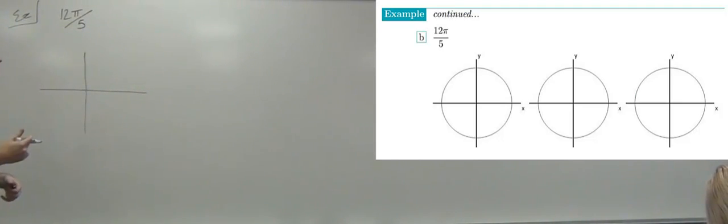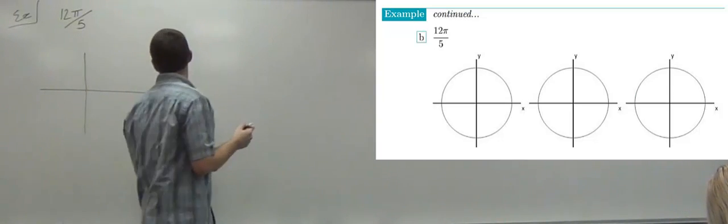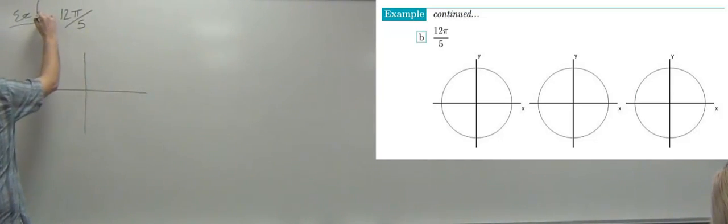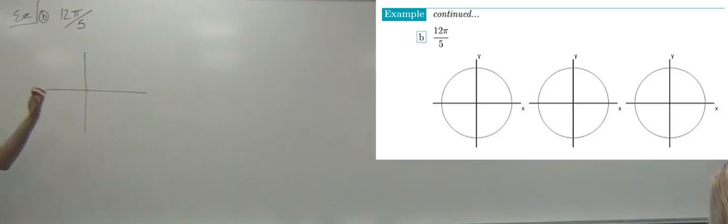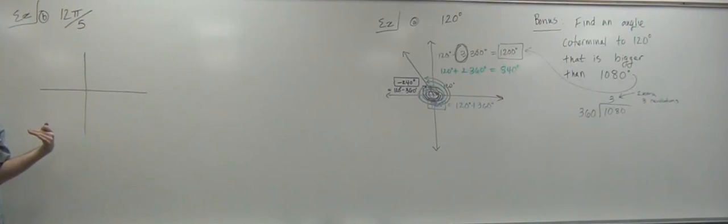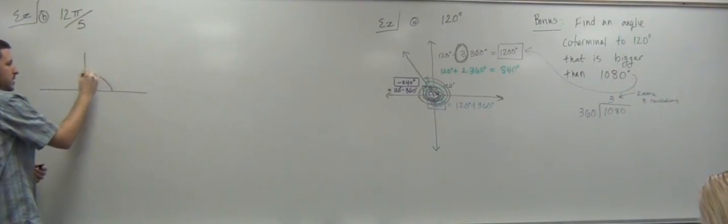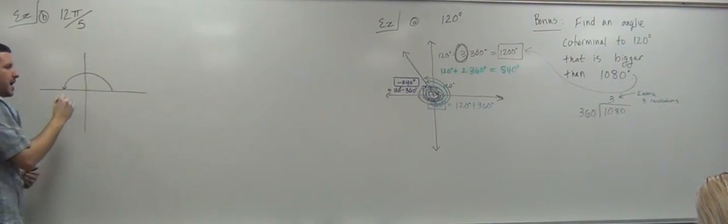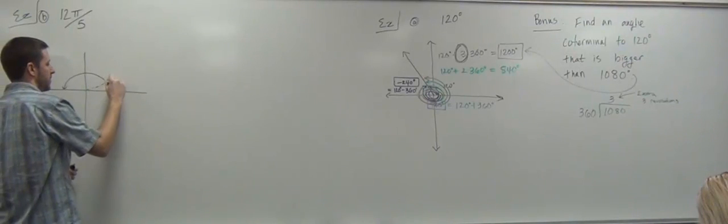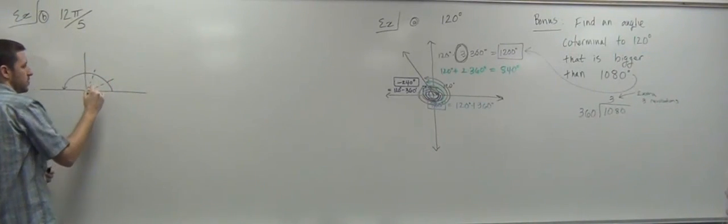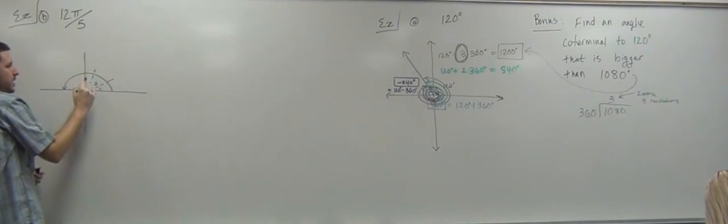So first off, how am I even going to graph 12 pi over 5? Yeah, so you got to do a couple things. Certainly you're going to have to divide your pi up into 5 equal sectors. Maybe the top pi and the bottom pi, but at least the top pi. So maybe there's 1, 2, 3,